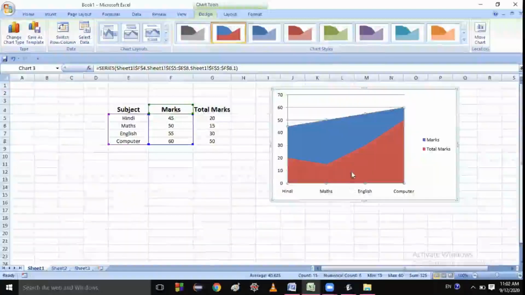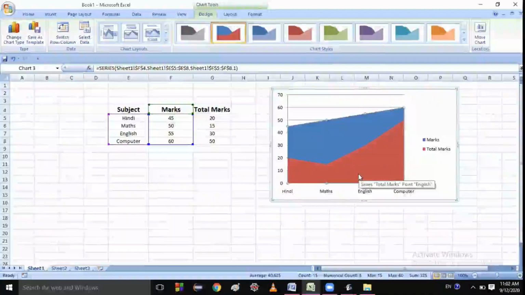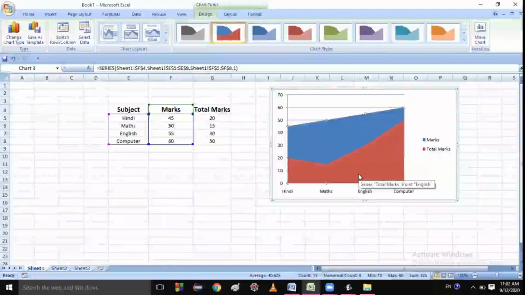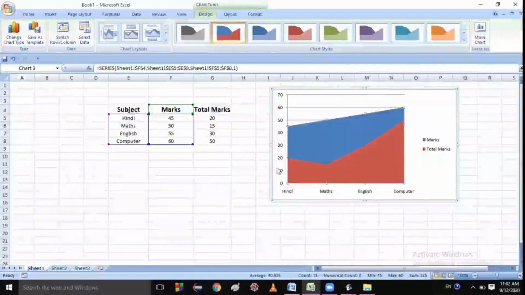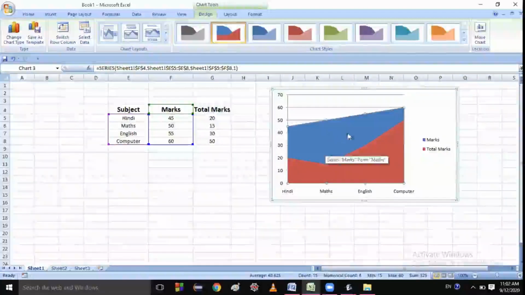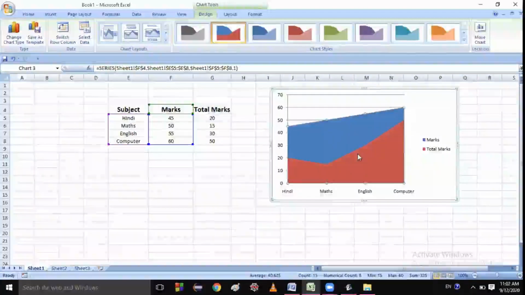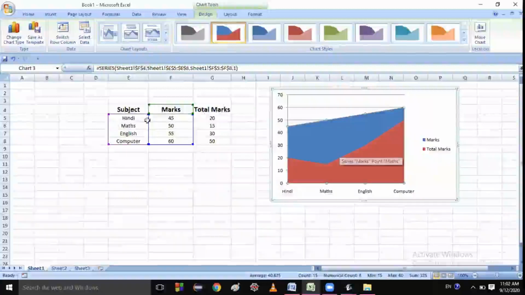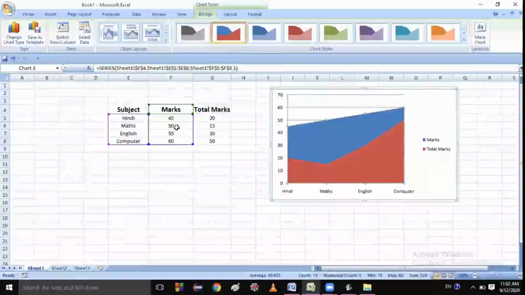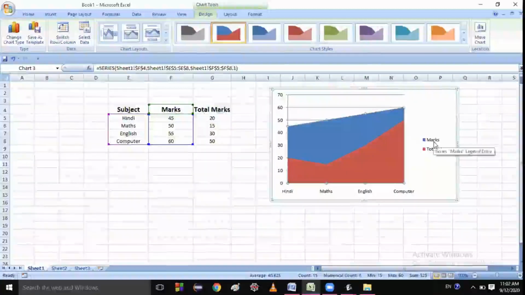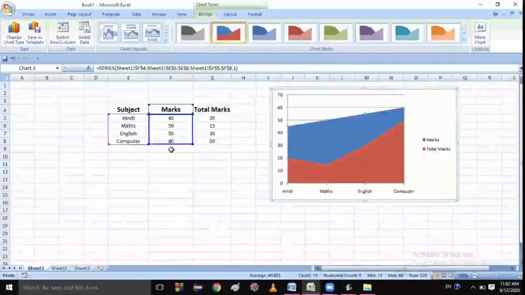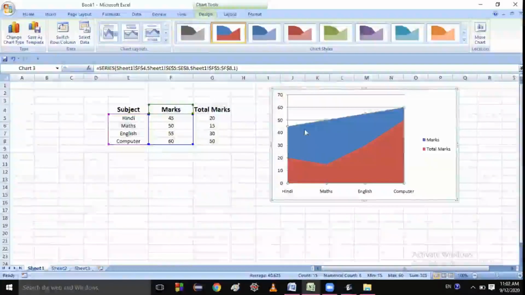By the area chart, you can easily monitor which data is having the high numbers. By checking the figure, this blue area is having the high numbers, and you can match from here also. This blue line is having marks, so it is having high numbers, 45, 50, 55, 60. You just see. Does it cover? Is it clear to you, students?